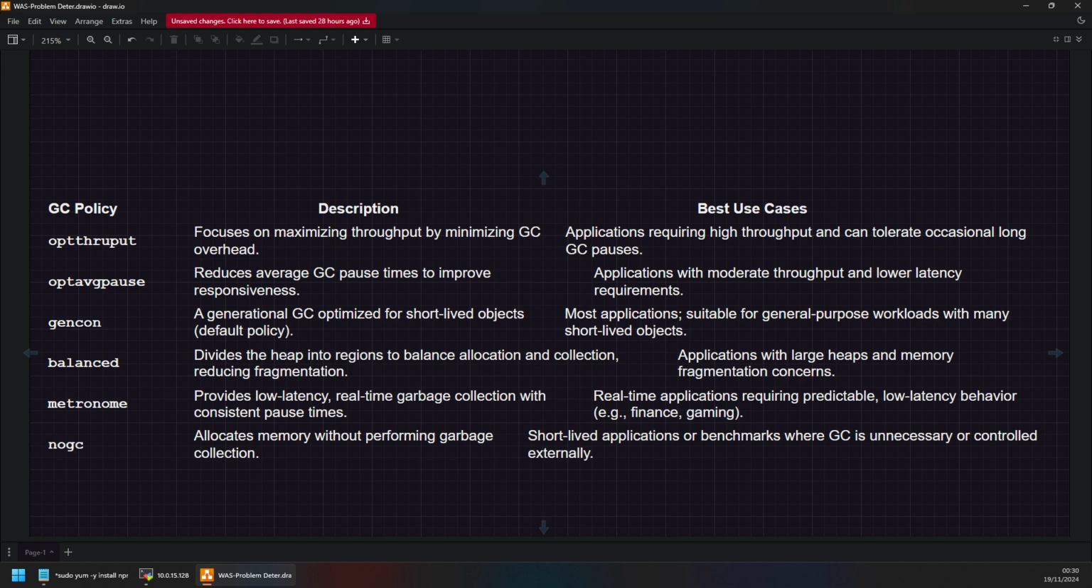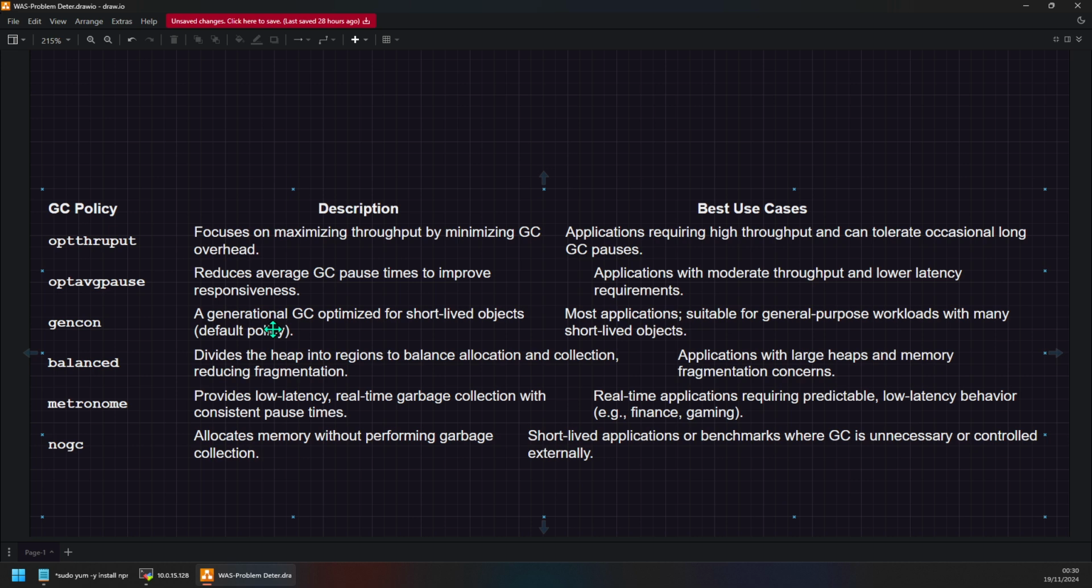throughput as well. Now let's talk about the next one, which is gencon. This is basically the default garbage collection policy for IBM JVMs. This is a generational garbage collection that separates objects into the young generation and the old, or tenured, generation. Short-lived objects are collected in the nursery, while long-lived objects are promoted to the